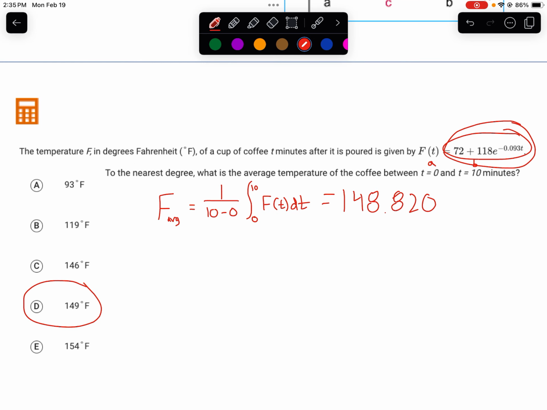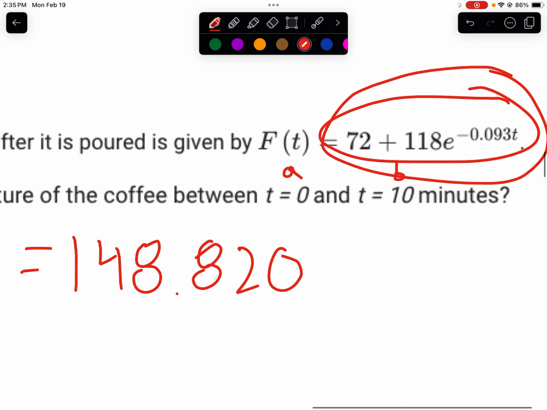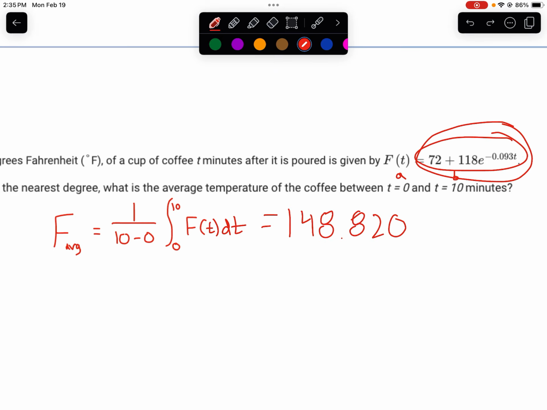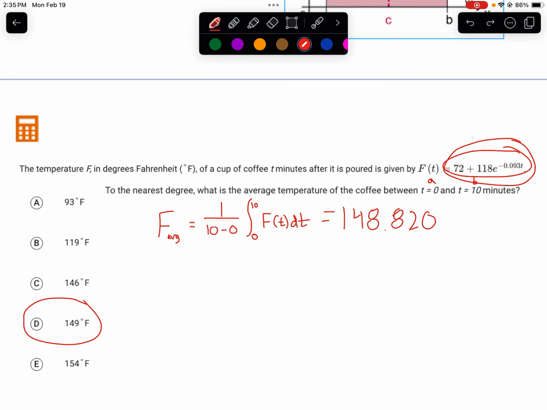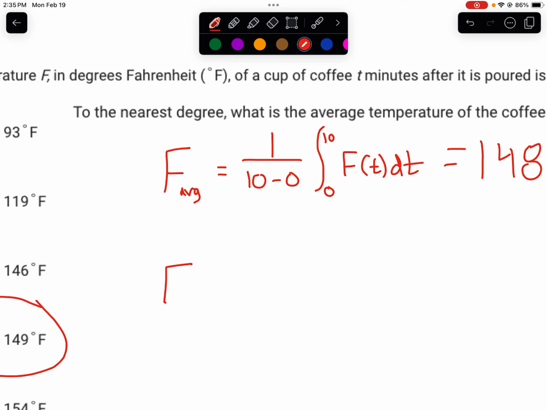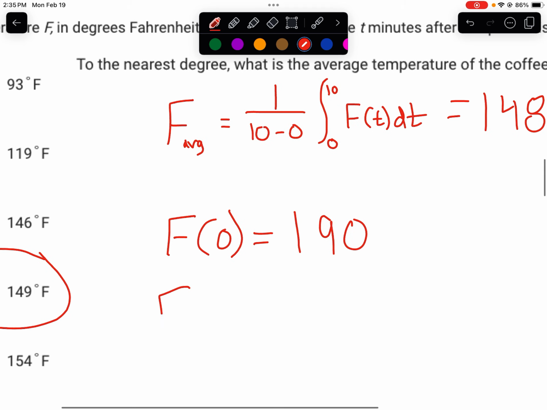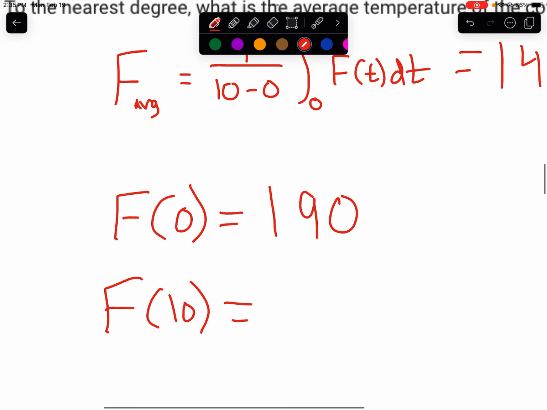To check whether our answer is reasonable or not, we've got this cup of coffee, after we pour it out, of course, it's going to cool down, and that's why this exponential function has a negative exponent for what it's worth. But to give you some sense of our answer being reasonable, I went ahead and calculated F of 0. That's the temperature of the coffee when it's first poured out, and that ends up being exactly 190. And then if you calculate F of 10, if you plug 10 into the function F, you get